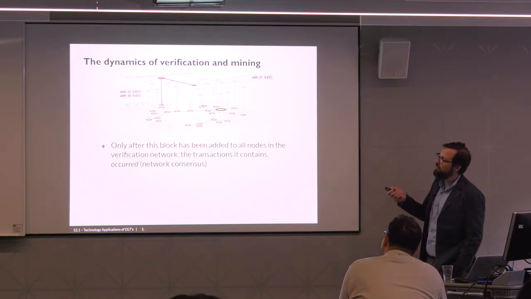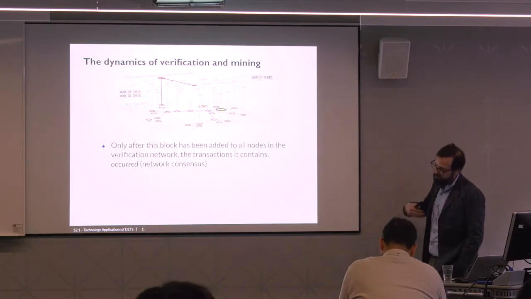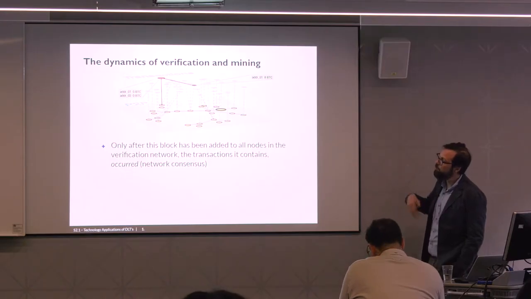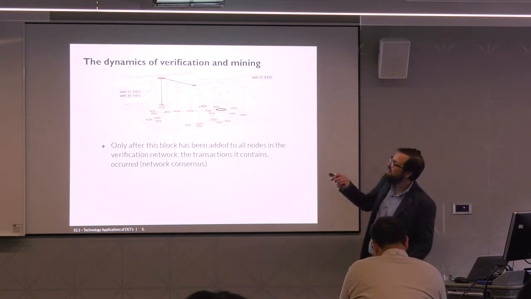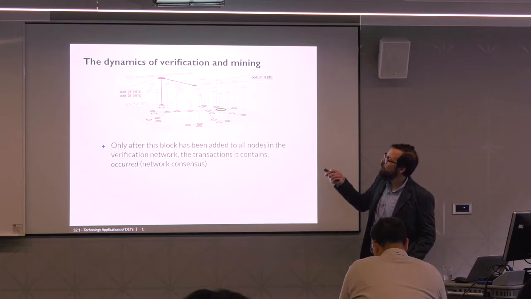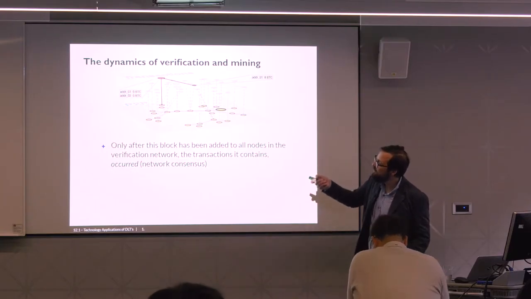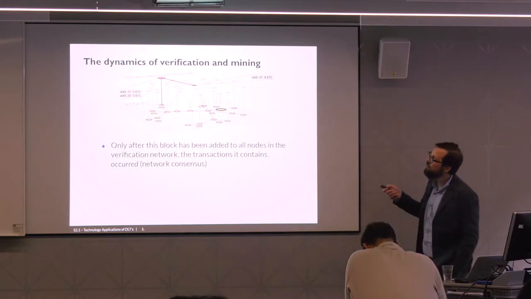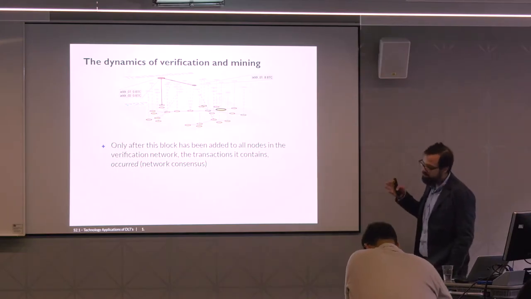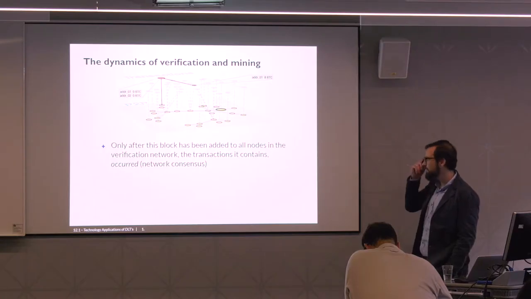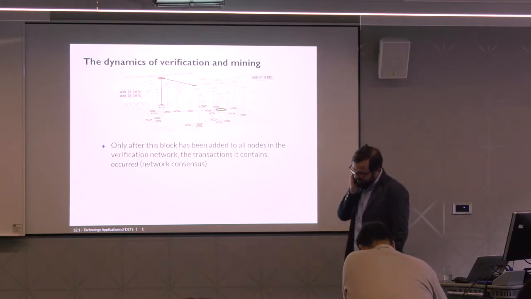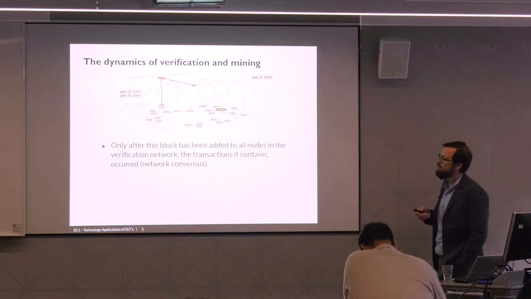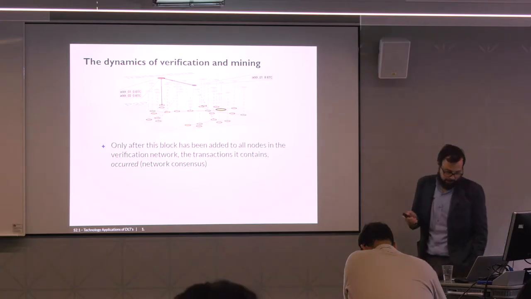Remember, there are two things then. Transactions are created by single nodes in the network. Transactions are verified by nodes in the peer-to-peer network, and once they are verified by a single node that distributes this information to everybody else, once this verification has become known to everybody inside of the verification layer, only then we can say roughly that the verification took place between the two nodes. As we are going to see later, this is not necessarily enough to guarantee that the transaction takes place. But a priori, this is the design principle of the system.